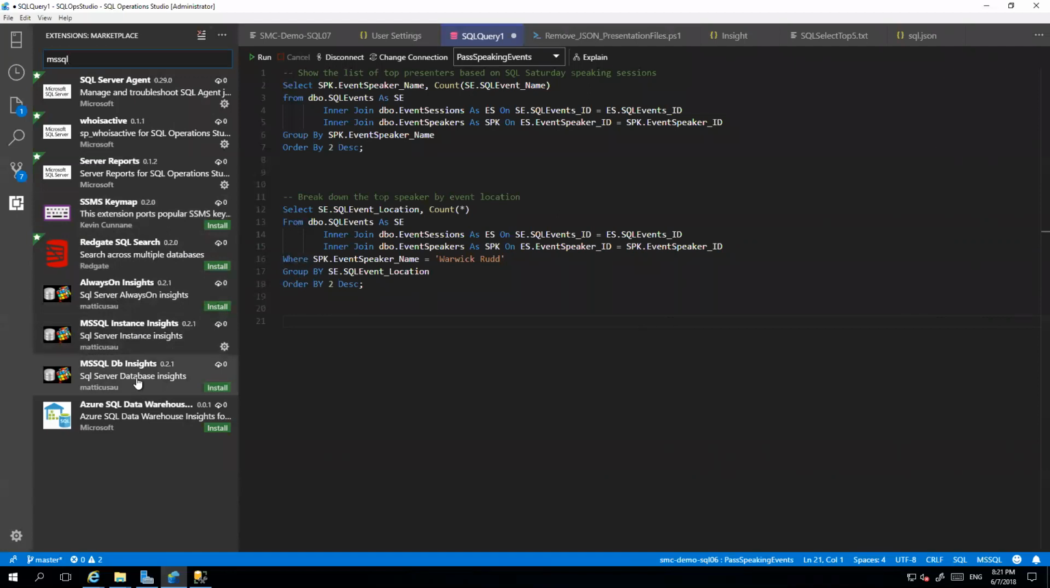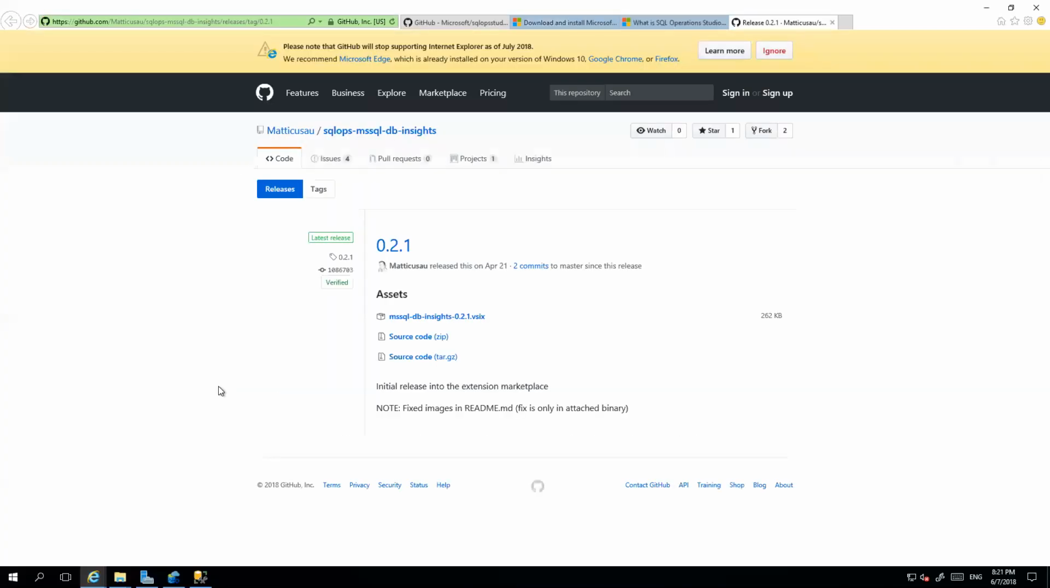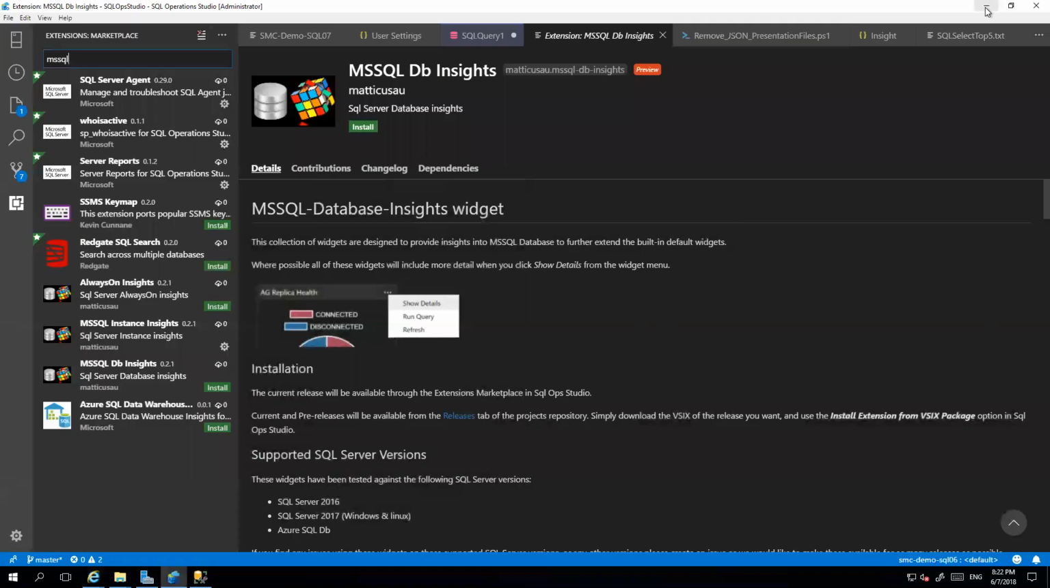To go and install extensions into OpsStudio is very simple. From here, we click on the install. It takes us away to the particular GitHub repository that is set up. From here, we're able to download. Now, the easiest way that I've found is that if you download the v6 file, and I've already done that, once you've downloaded the v6 file, we come back into